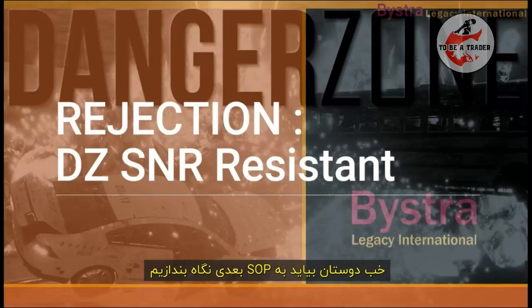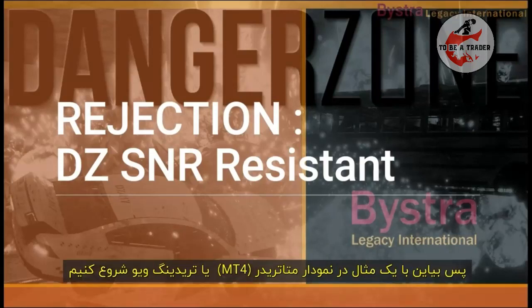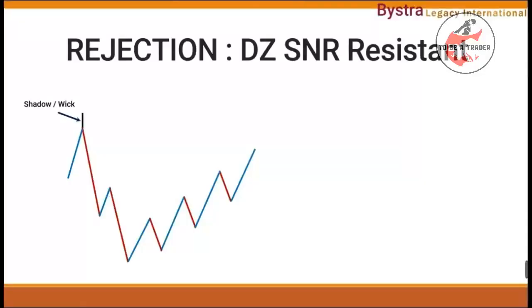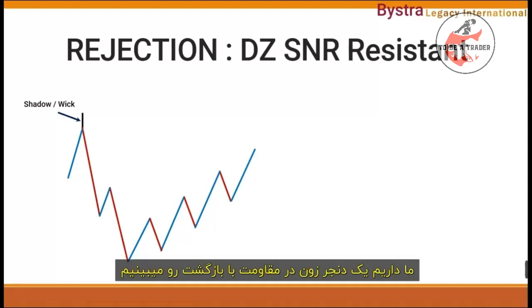Now let's look at the next SOP, guys. This time is the danger zone rejection at the resistance. So let's get started with the example in the MT4 or the TradingView chart. So this is the weekly time frame, and we're looking at the danger zone SNR for resistance with